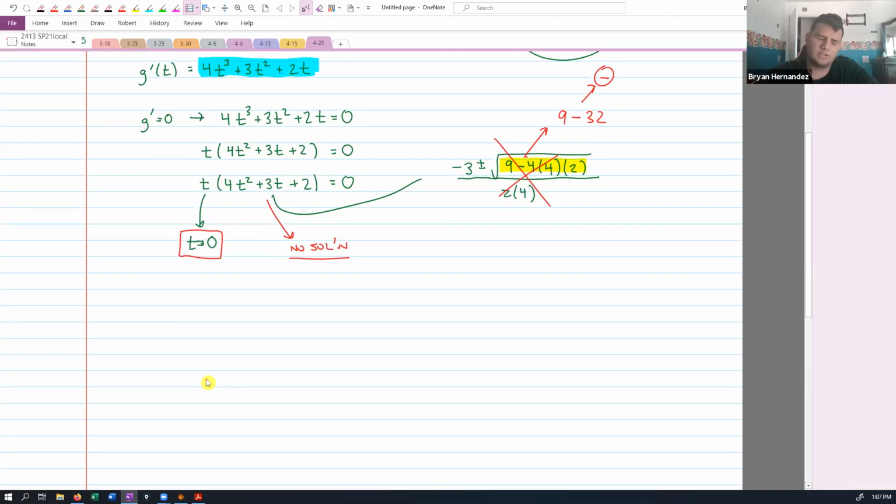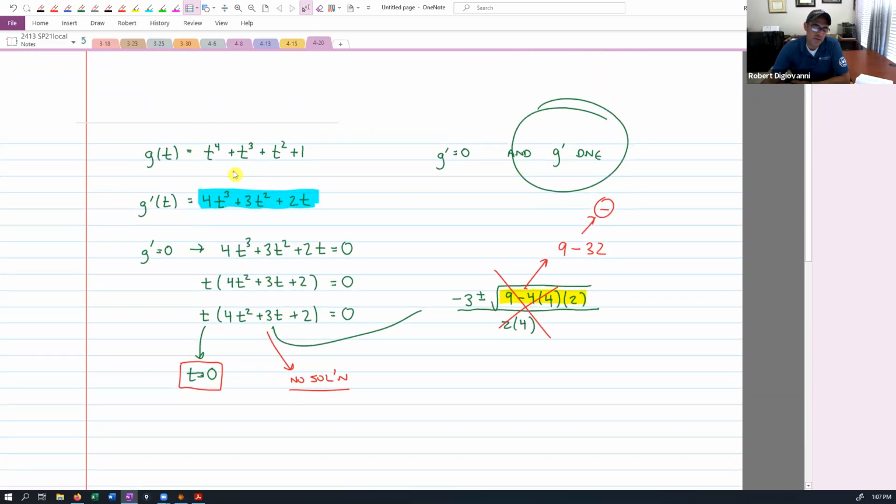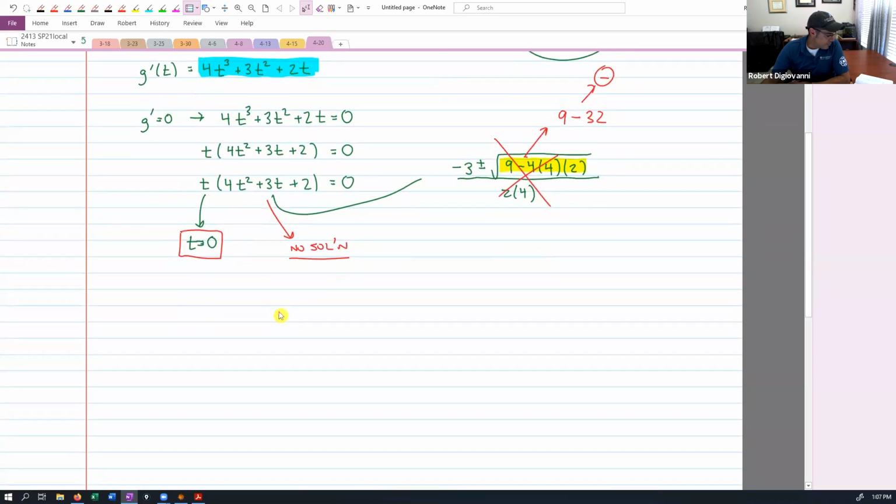When you said you were looking for a complicated one, do you mean one with fractions? Just something that's polynomials are easy to take derivatives of, easy to set equal to 0. This is all just stuff from algebra. Things that are more complicated are things that would require product rule or quotient rule when we take the derivative.